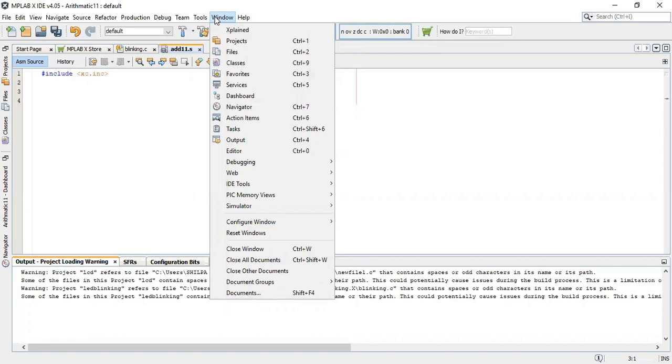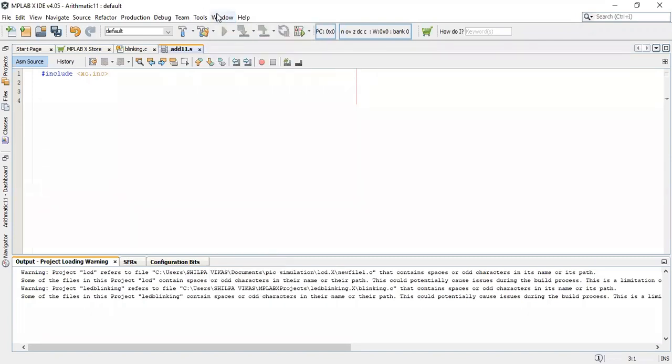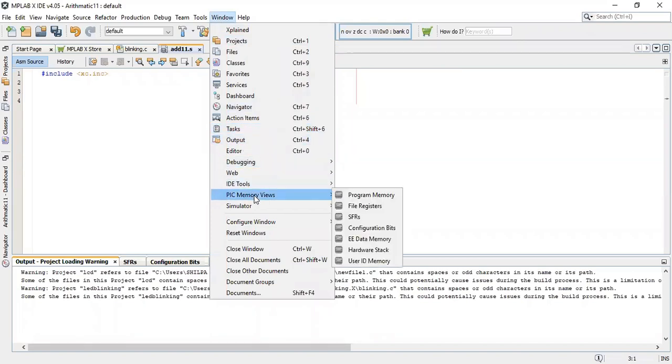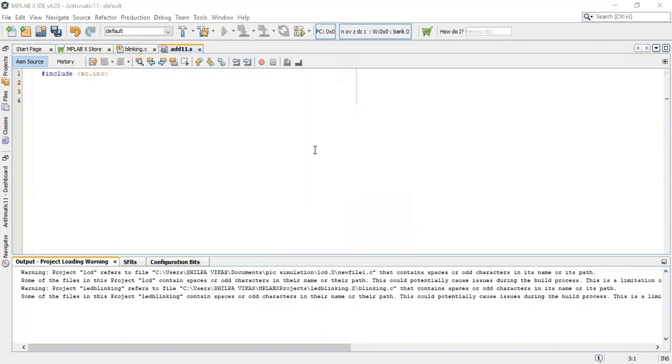Now we require some settings, so for the settings, open the window. Just go to the window, and open PIC memory view, then click on program file.